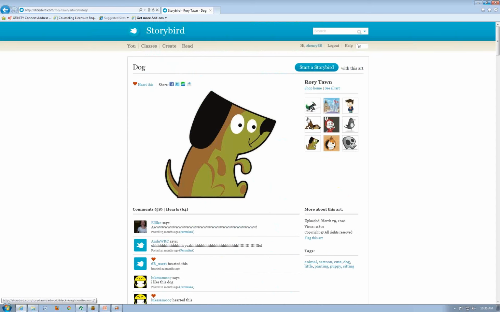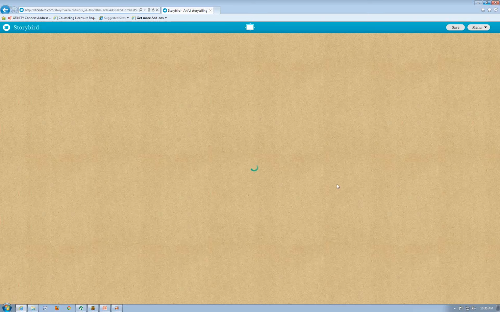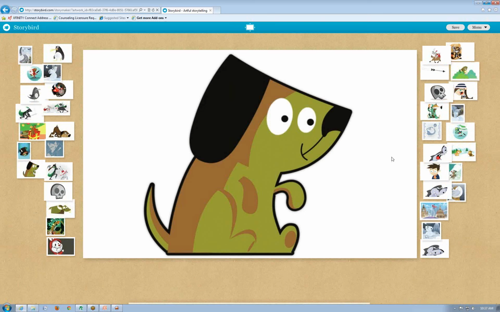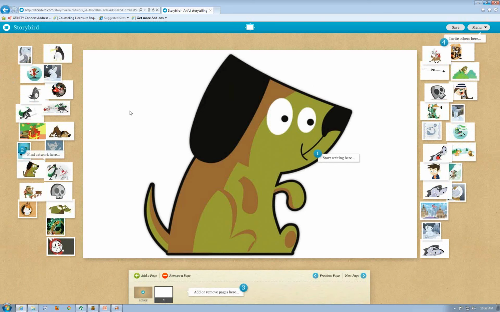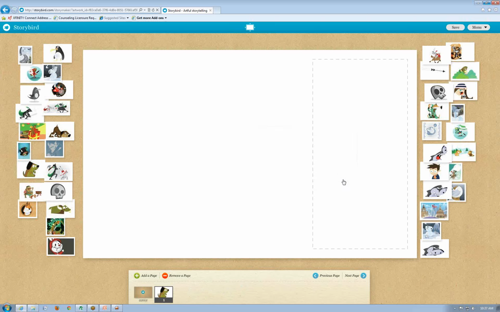Over here to the right side there are some more pictures. You can start a Storybird with this art, or go back and get something else. If we start a Storybird with this one, you see on the sides it gives you a whole range of artwork. Maybe you want to make this your cover, and it tells you to start writing here.